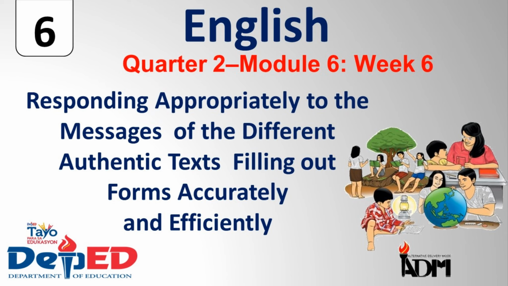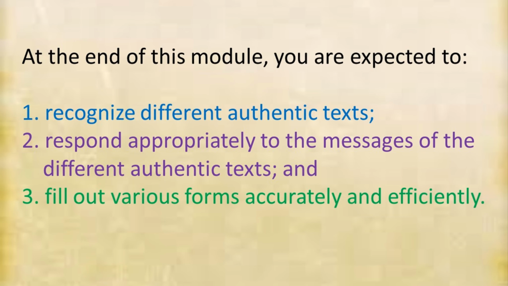English 6. Quarter 2 Module 6, Week 6. Responding appropriately to the messages of the different authentic texts. Filling out forms accurately and efficiently. At the end of this module, you are expected to: